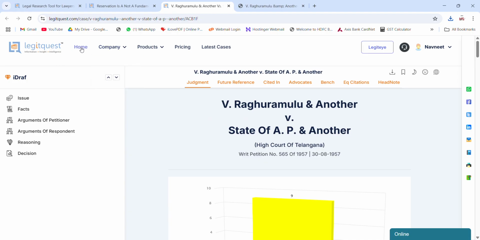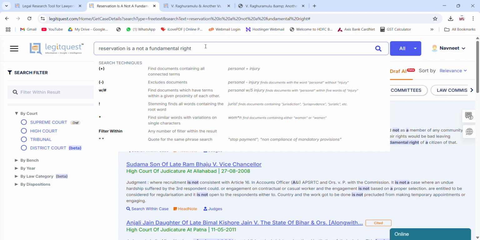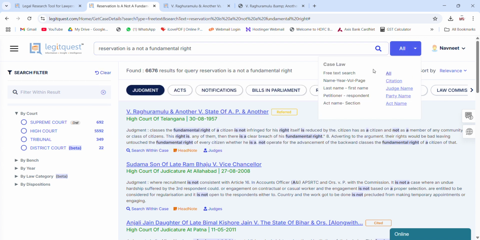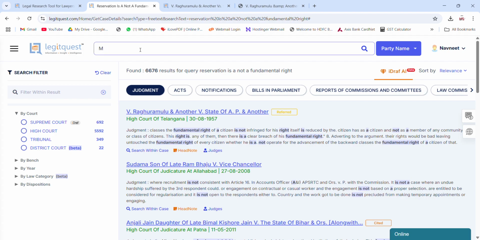Now let's again come back to the search. So this was a free text search. Then we have, like, you can do plus minus search also. Like suppose you want to have a personal plus injury, so that will only search with those 2 points. So likewise there could be multiple options which you can do. Now similarly, here we have other options of search, like you can search on the basis of citation, you can search based on judge name, you can search based on party name. So now for example, you want to search on a party,